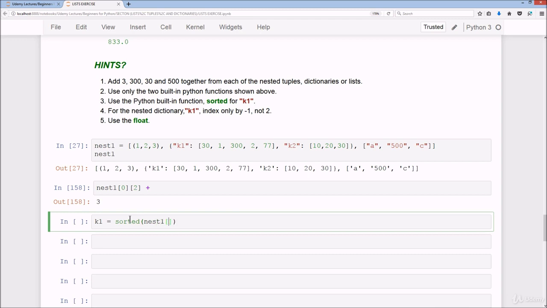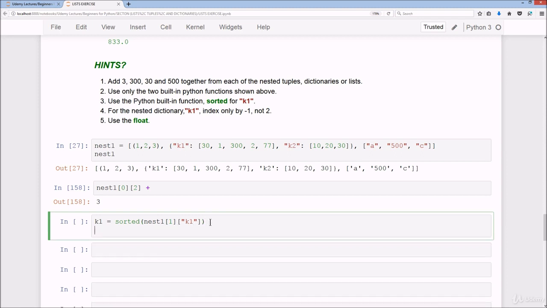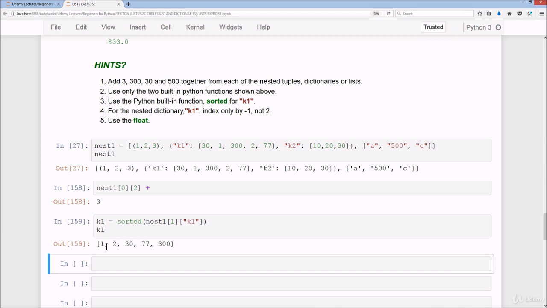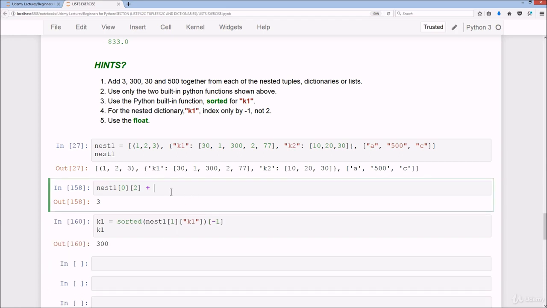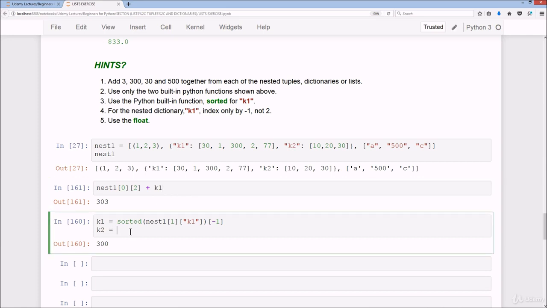nest1, 1 this time, because instead of it being 0, this is 1 for the dictionary. And then we're going to do K1, and if I do K1 here, we get the sorted values of the lowest to the highest, but we want 300, so if we do -1, we get 300. So I'll do K1 here, 303, okay, and then we'll do K2 equal to